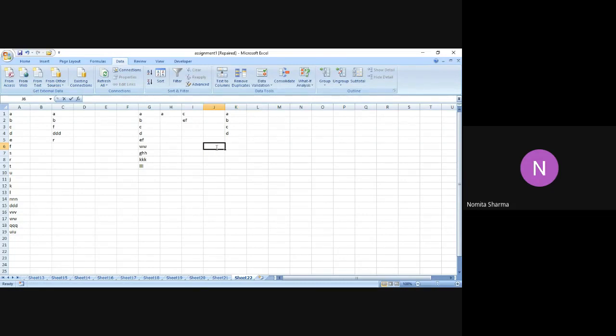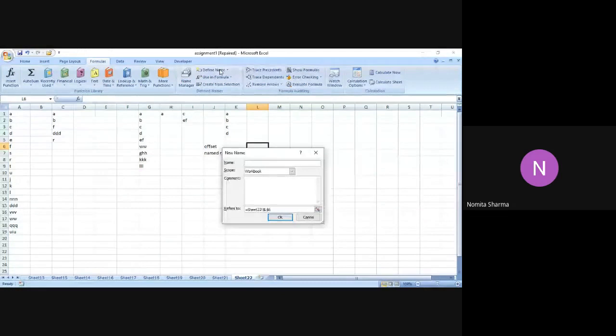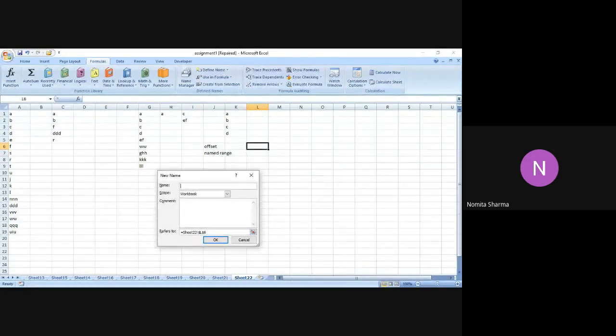So I repeat what the first step was. First step was to define the offset function. In the named range, you have to define the range. So I simply go to any empty cell, preferably near K. I go to Formulas. In Formulas, I go to the Define Name option. In the Define Name option, I will simply write any unique name because I have worked with a lot of macro name ranges. So just to keep a very unique name, this time I give the name as lion. And over here in the reference address, I will simply paste this address which I have just now copied.